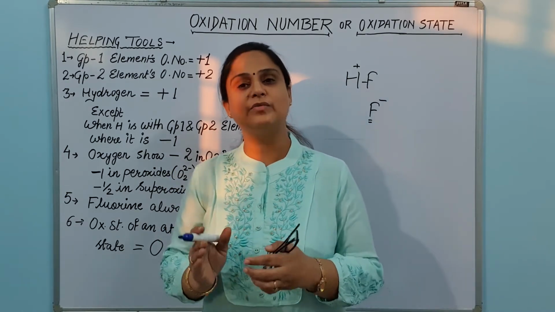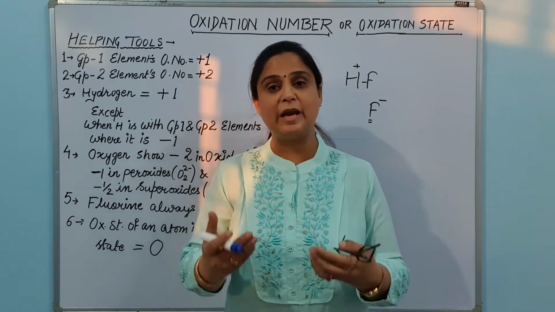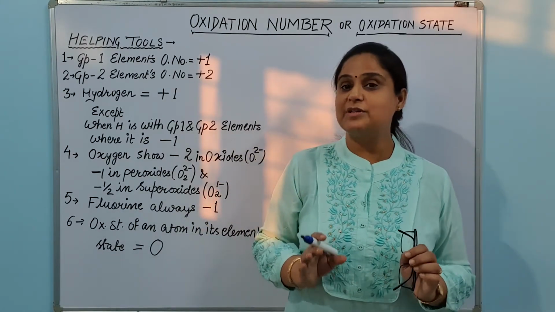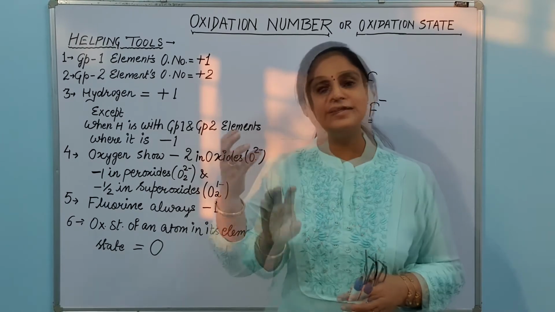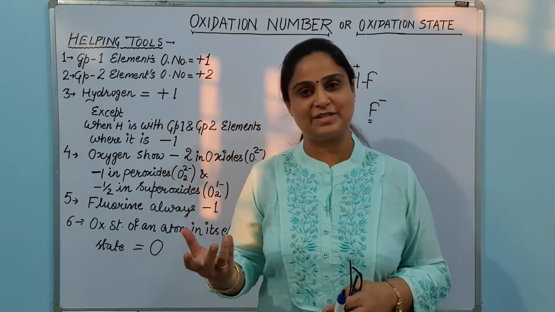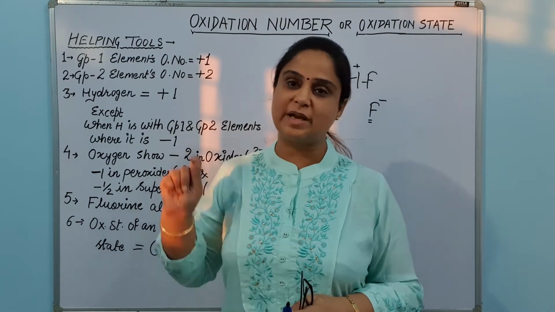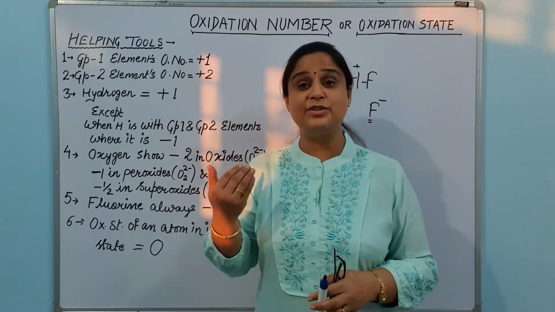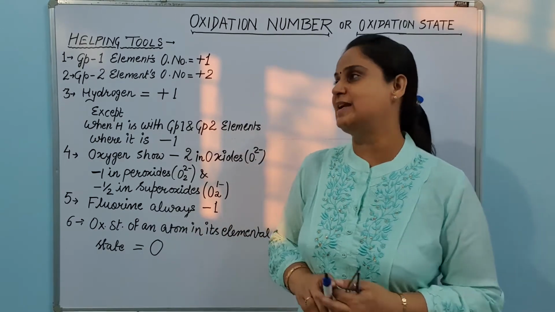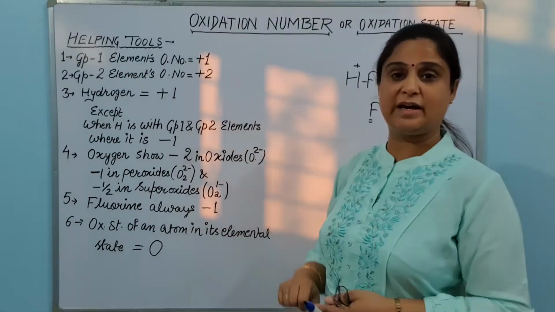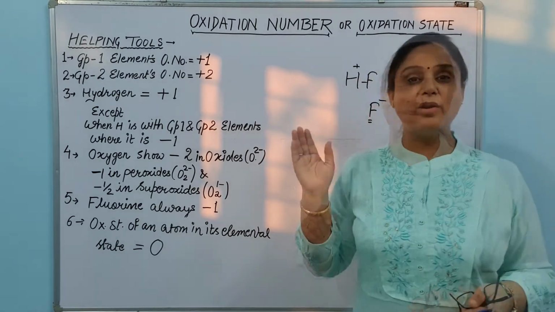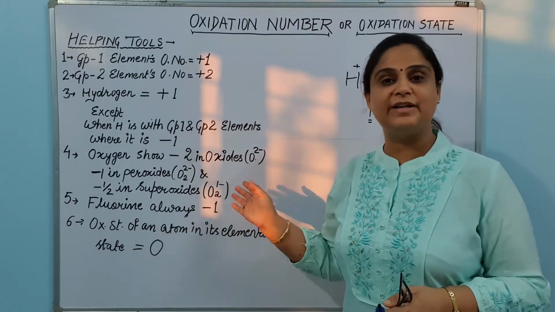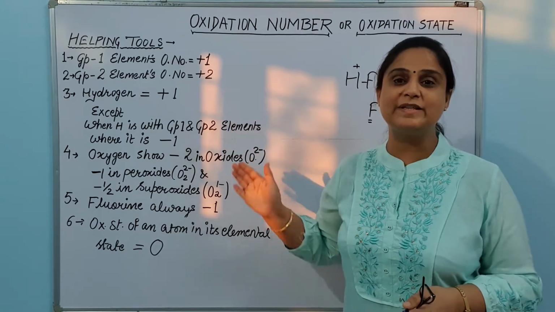Now let us see one formula and some rules which will help you to assess oxidation state in a very simple way. But before going to that formula, we have to understand some tools which will help you to calculate the oxidation state. So there are some rules I am going to tell you, and after that I will let you know how to calculate the oxidation state using a simple formula. Let's start. Your helping tools are always-remember tools. Always remember means you have to use these things while calculating the oxidation state, so please don't make mistakes while learning them.